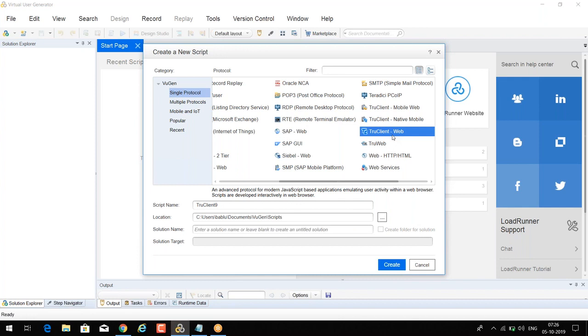I have seen many applications where people are not able to capture some business flow in Fusion using web protocols. In that case, TrueClient is the best option to record all those activities, because it will capture everything at the client side and the server side also. This is the most beautiful feature of the TrueClient protocol.